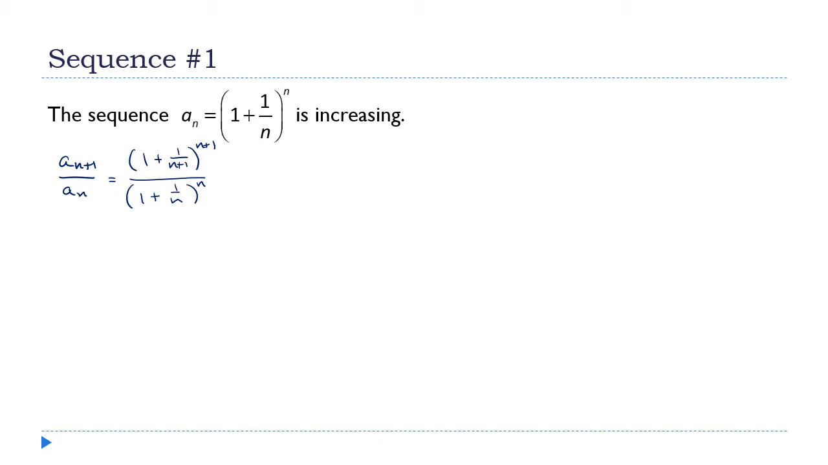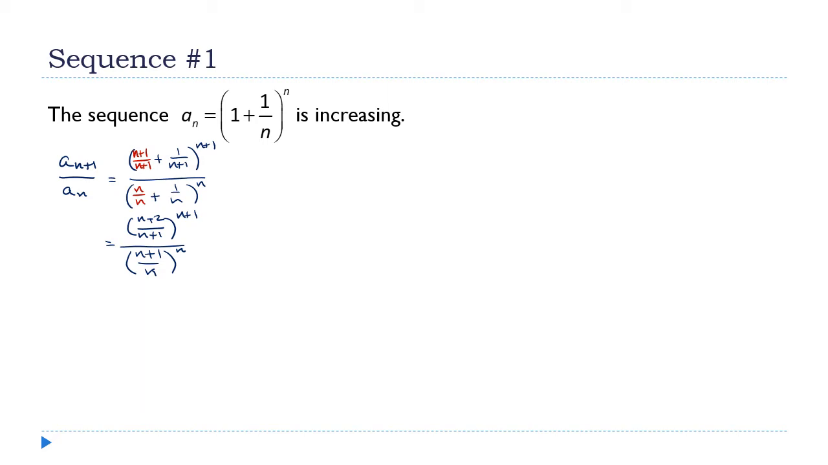I'm going to make this 1 into (n+1)/(n+1), and I'm going to make this 1 into n/n, because now I can add these fractions together, right? This is ((n+2)/(n+1))^(n+1) over ((n+1)/n)^n. Okay, now